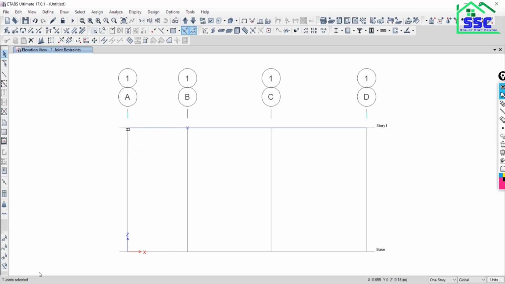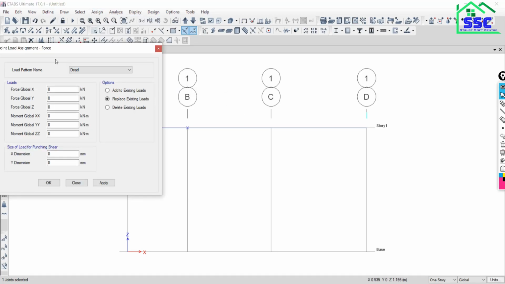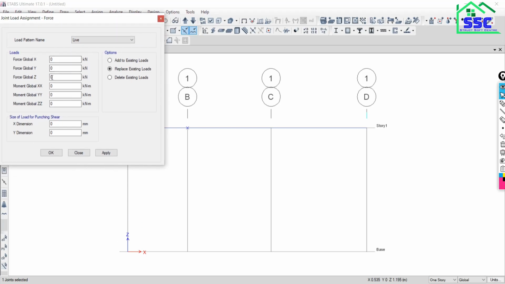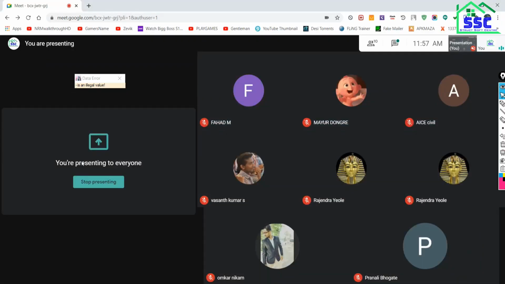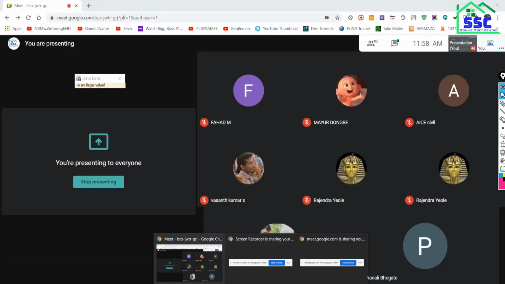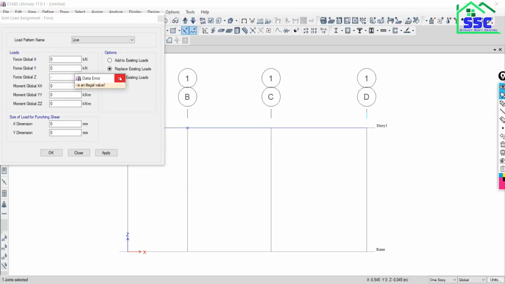At this joint, one joint is selected. Go to Assign, Joint Loads, Force, in the vertical direction, gravity direction, minus 0.3 kilonewton.